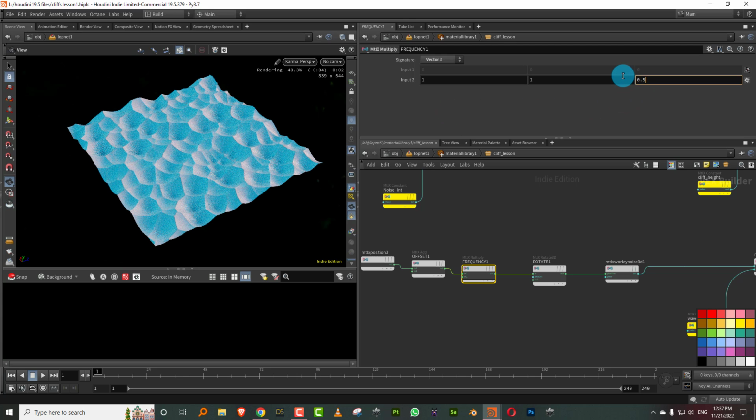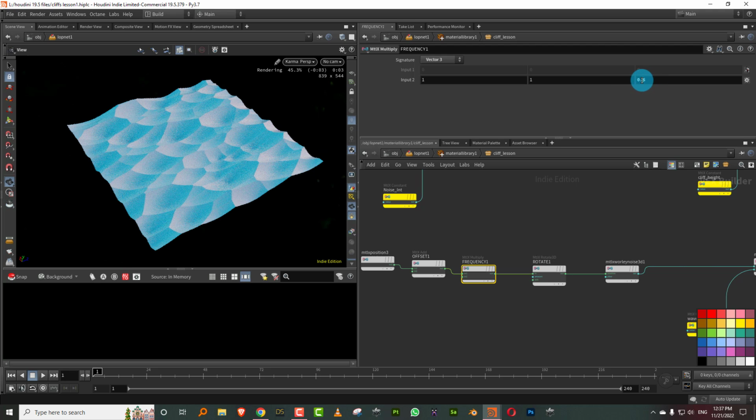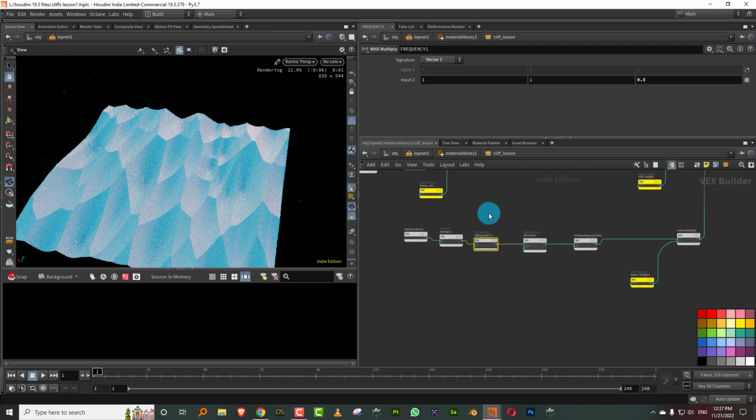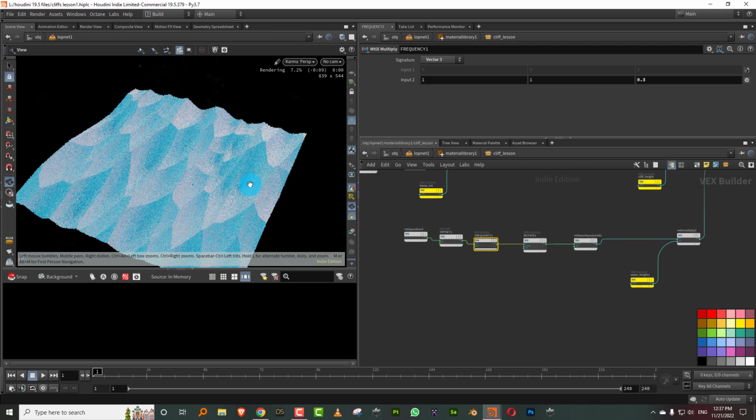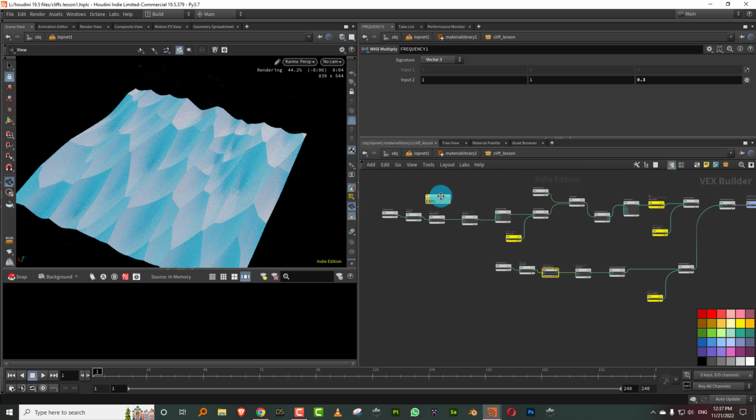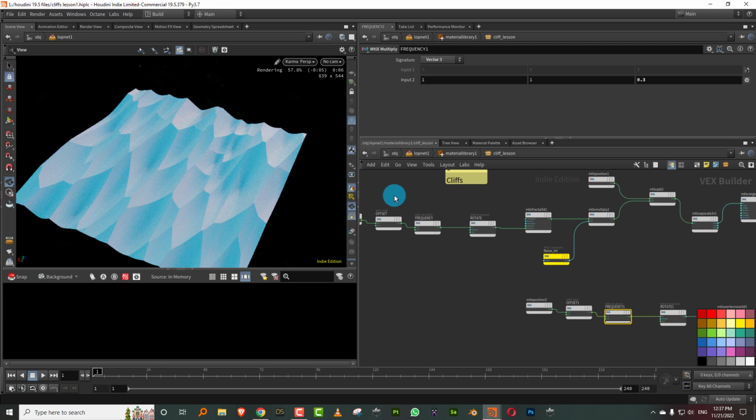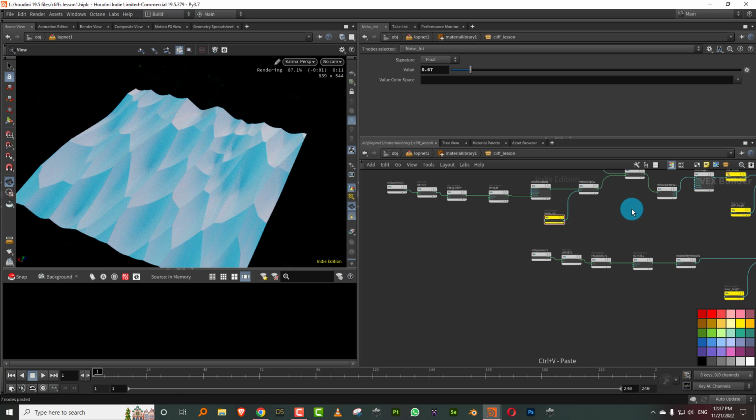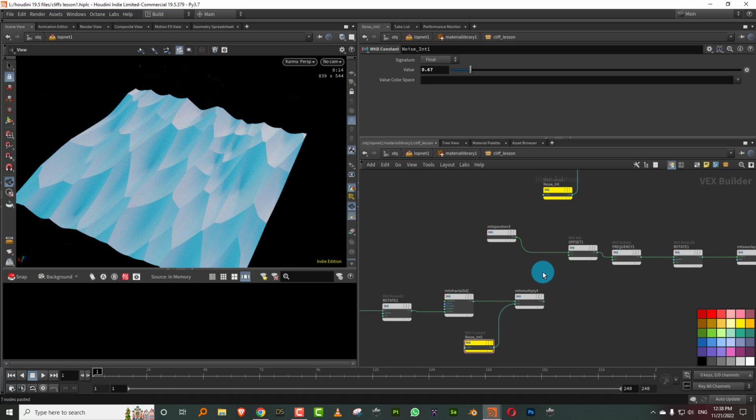Let's make this 0.5 or 0.3. Okay, I think this is fine, as far as waves are concerned. What I also want to do is distort them a little bit. So let's do one thing. Let's duplicate this guy. All of this, I can just duplicate. So Control C, Control V, just drop it in there, and